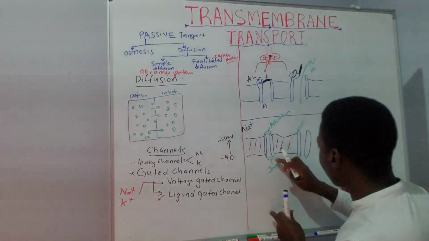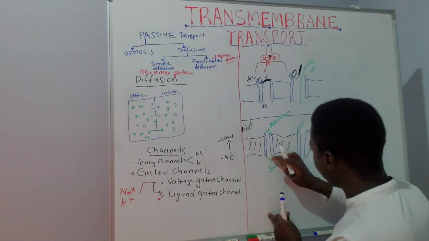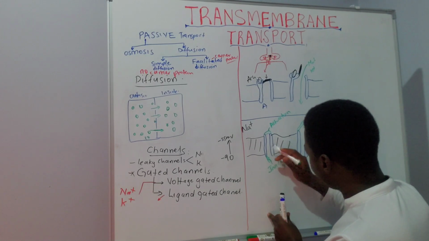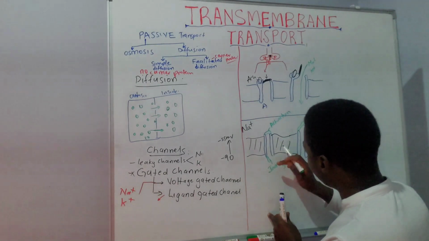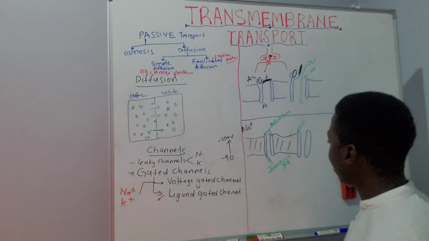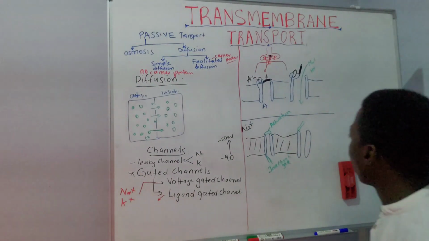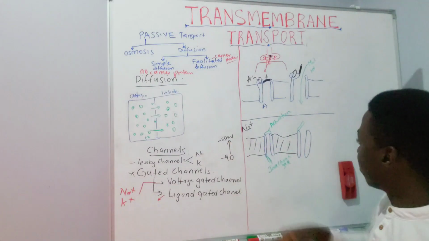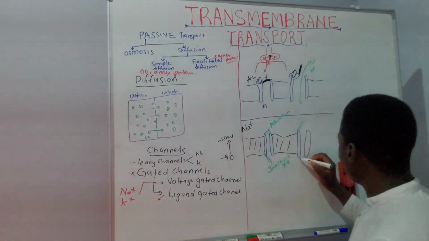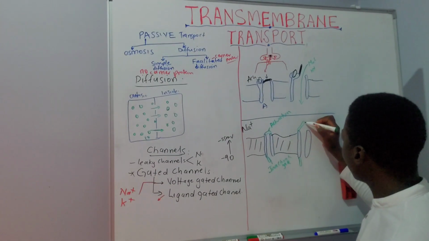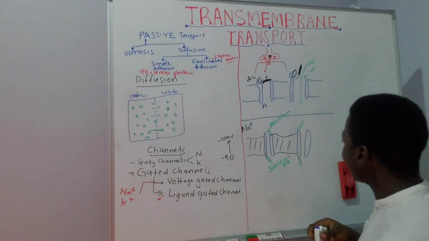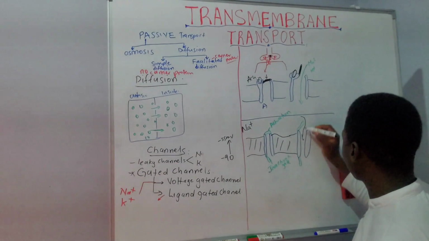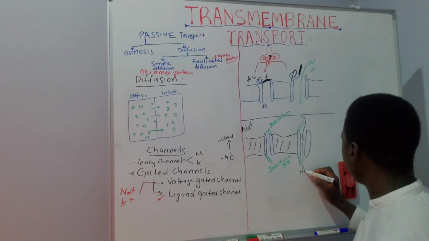Usually these are the two gates, but under normal circumstances, this gate is at resting state, and the inactivation gate is open. When the potential reaches about negative 55, it's going to cause the activation gate to open. And when this activation gate opens, you're going to have a rapid influx of sodium ions